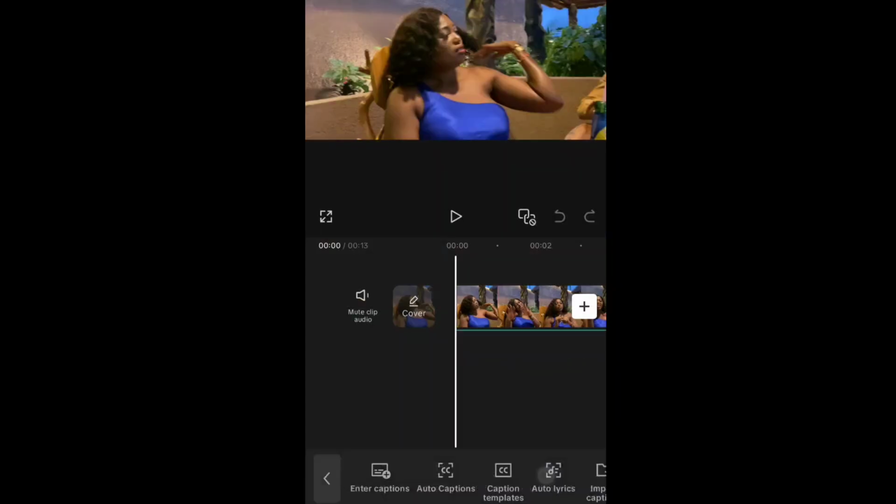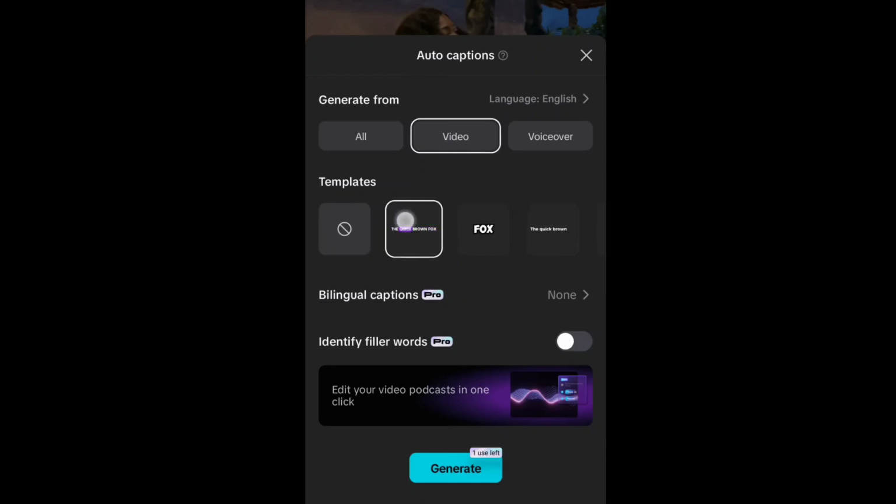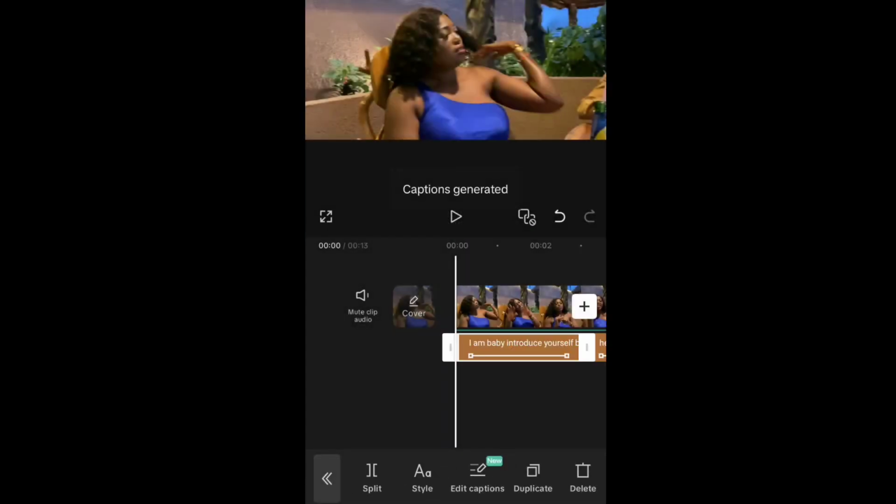You click on capture and it takes you to this page where you click on any type of capture that you want for your video. Let me go with this one, and you click on generate. Once you click on generate, it's going to keep generating, so do not interrupt it. It's trying to pick up all of your words. Now mind you, sometimes these things are not correct, so you probably might need to cross check. Next on my list